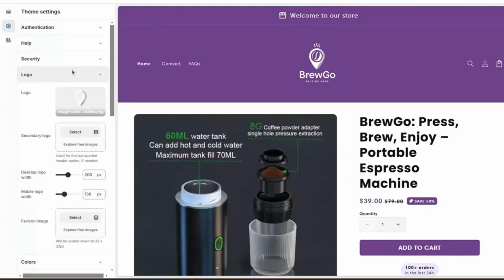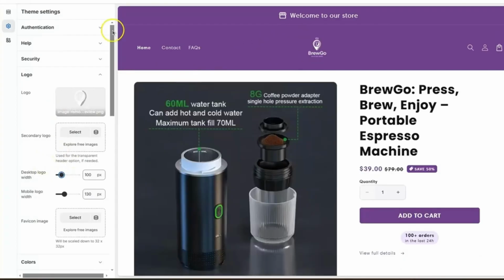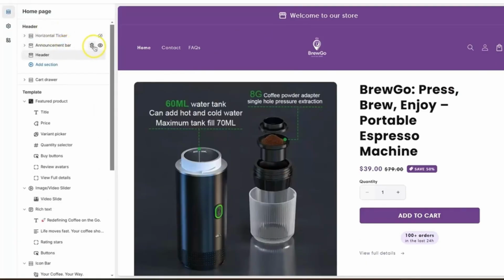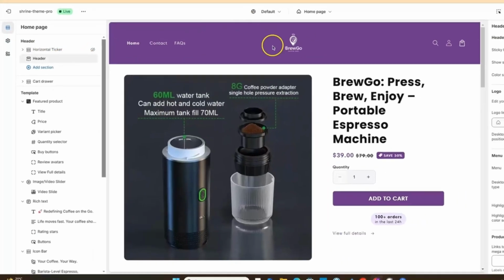And the logo will be visible to the store. Make sure to adjust the width of the logo so that it appears perfectly. Next, I will also delete this announcement bar, as it is not looking good with the header. All right, now